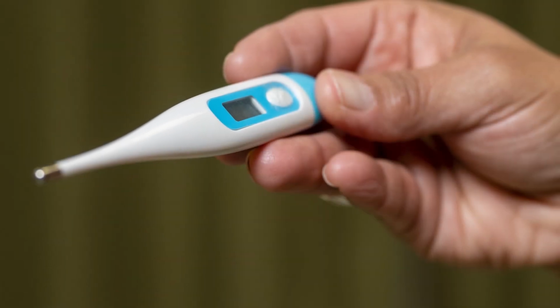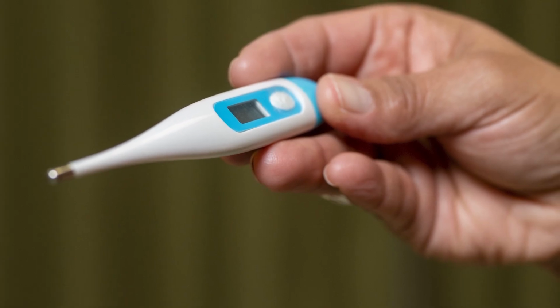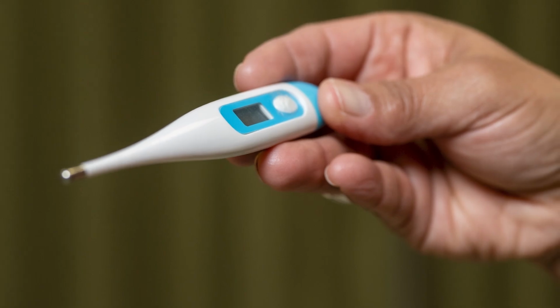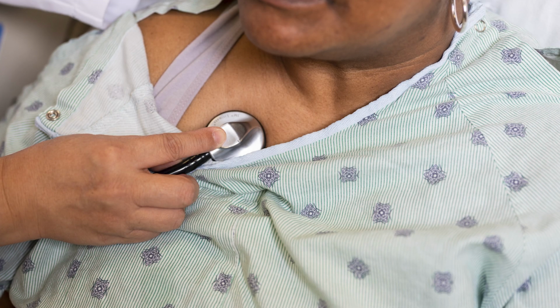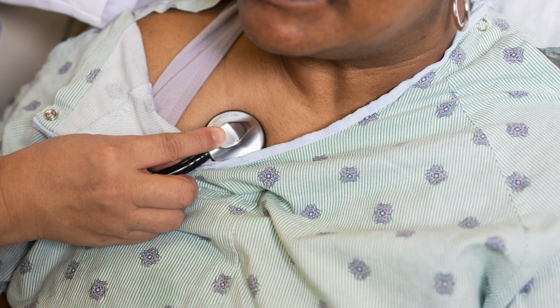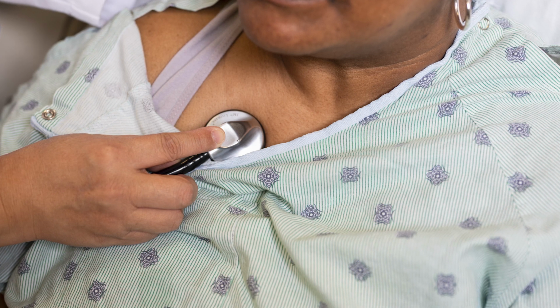Cytokine release syndrome almost always begins with fever. The fever may be very high and occur along with chills and body aches. These symptoms can be treated with Tylenol, a cooling blanket, or ice packs. If the fever continues for several days, or if you develop other symptoms such as low blood pressure, shortness of breath, low oxygen levels in the blood, or other side effects, the care team may need to give you medicines